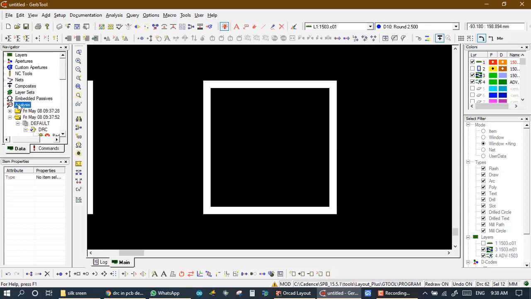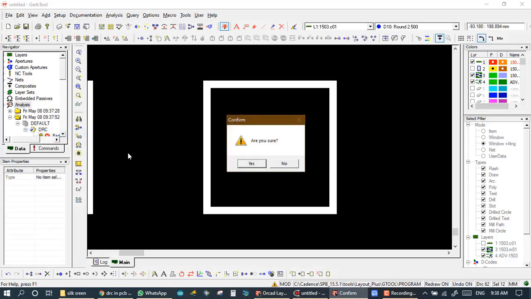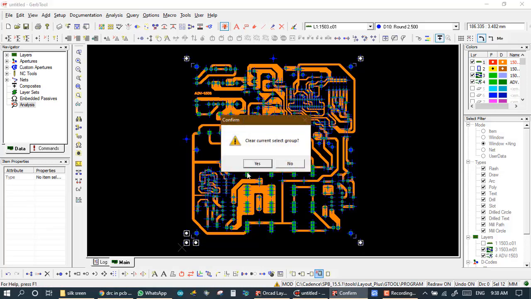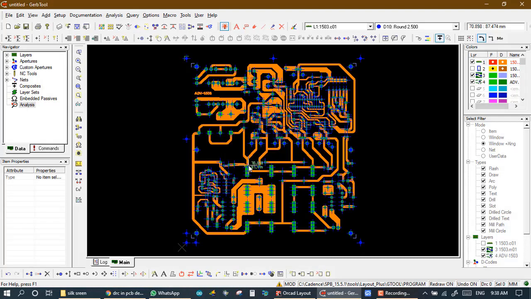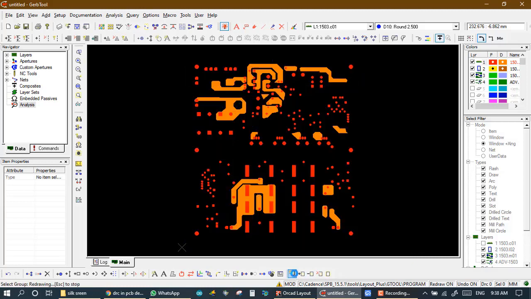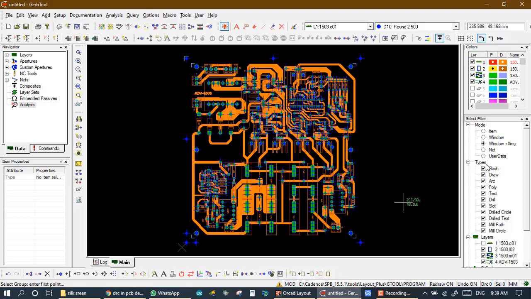We delete it, Control R, we clear the group and make the group once again, because something is still remaining in the group. We first activate all layers and then we make the group. Here all is on, and the last time the copper layer was off, so this error was not solved.